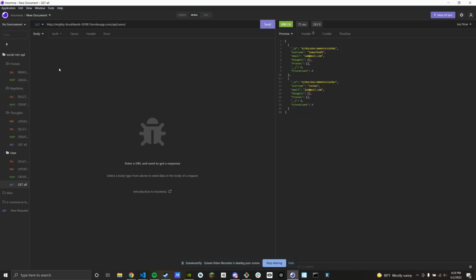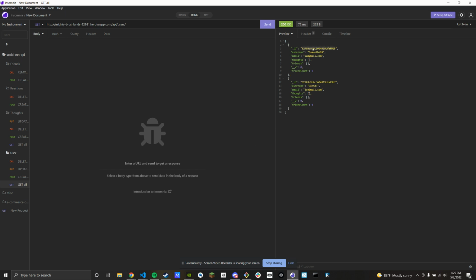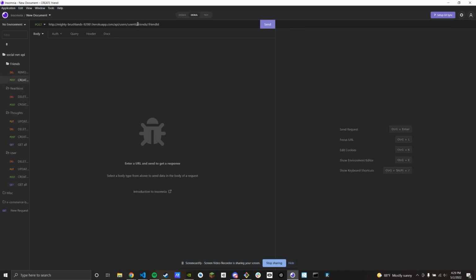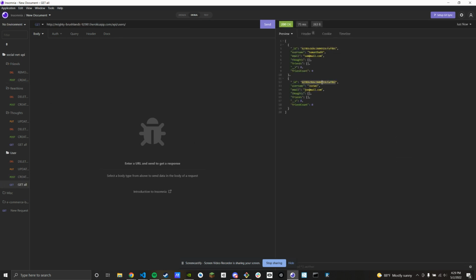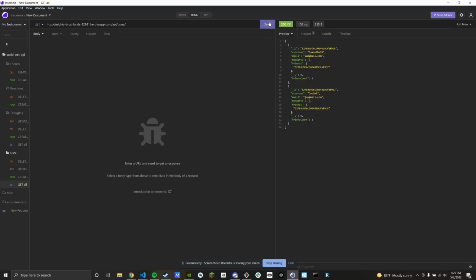So other things that you can do, you can add friends between people. So let's say these 2 users wanted to be friends with each other. We can do that with a post request. So we need the user's ID and we need the friend's ID. So we'll take this user's ID and we'll take the other user's ID, post that, successful request. If we check, we can see that the ID of the other person has been added